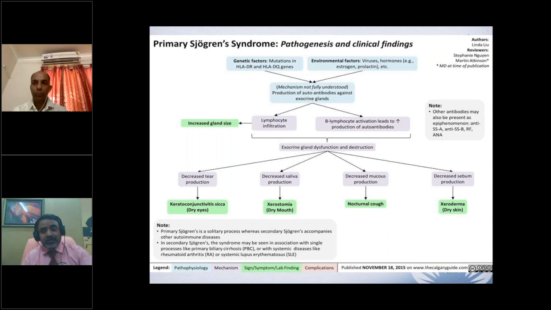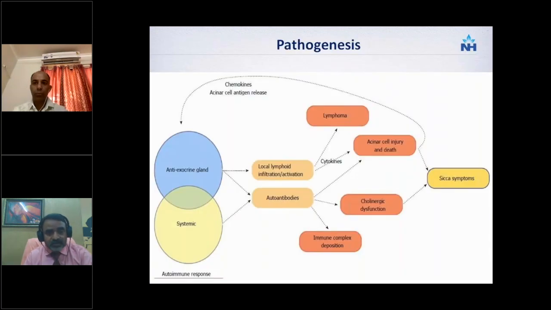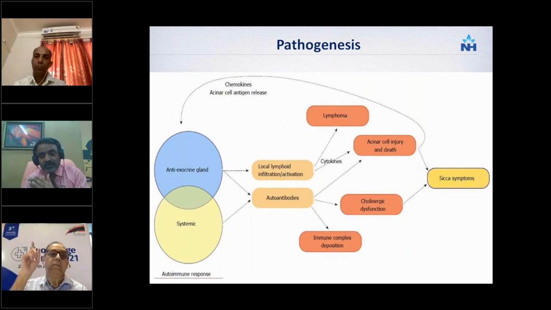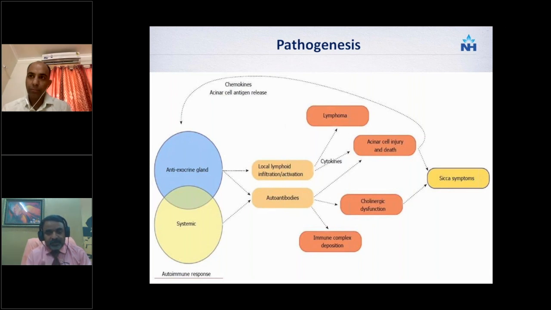They don't tell about these Sicca symptoms. So this is also one of the ray diagrams for the pathogenesis. There will be acinar cell injury or cholinergic dysfunction, both of which lead to decreased exocrine function, and the patient presents with Sicca symptoms. And if there is B cell overactivation or persistent activation, it can lead to lymphoma. If this B cell activation leads to autoantibody production, it leads to immune complex deposition,